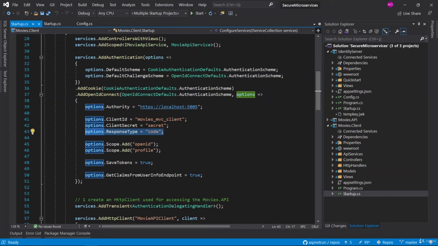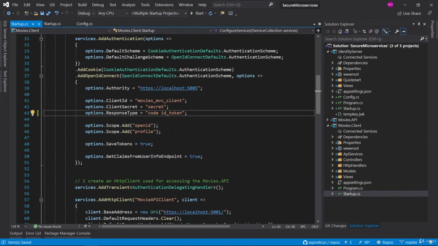So for the hybrid flow, we should configure services. We should change this one to code id_token, because now we are going to use hybrid flow, right? And these are the flows we are going to follow: code and id token. Okay, we will use the code id_token hybrid flow by giving the response type value.